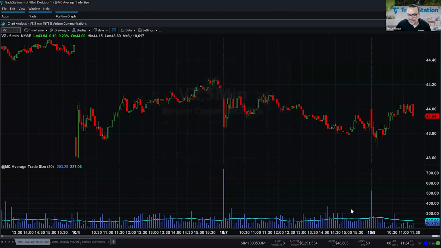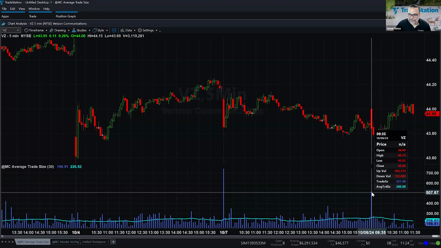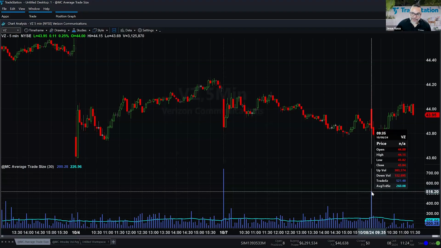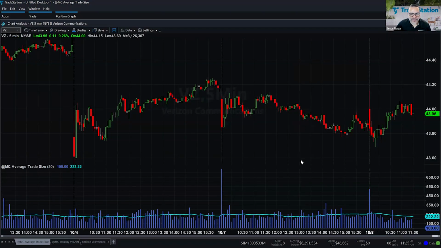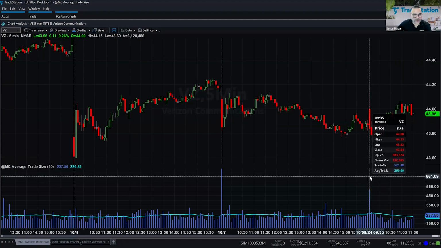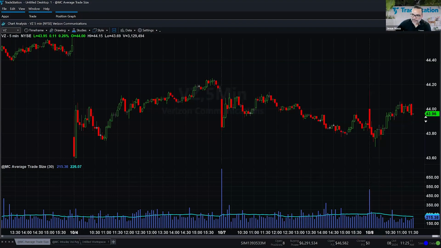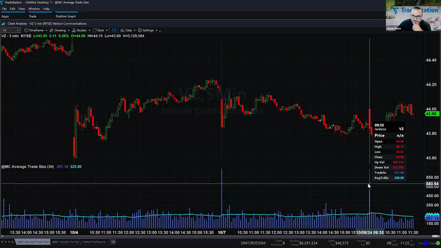In this case, what this indicator is giving you, it's not number of shares, it's not number of transactions, it's just giving you trade size. And let's take a look at that very first bar of the day. You can see on the very first bar of the day, the trade size was 521. 521 is a significant trade size for this security. I was looking at Spider, but this is Verizon, which is okay. On Verizon, we have a trade size of 521, and the price is about $44. If you do the multiplication,